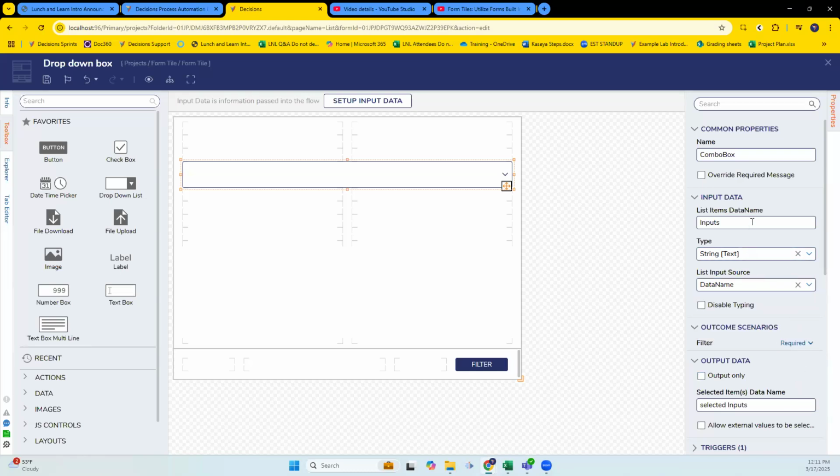And then you have your data name as what right here? Selected. What does this part say? List item data name. Oh, it has to be input. No, it doesn't have to be anything. What does yours say? Just the name. I'm not sure what I had here. Let me check.